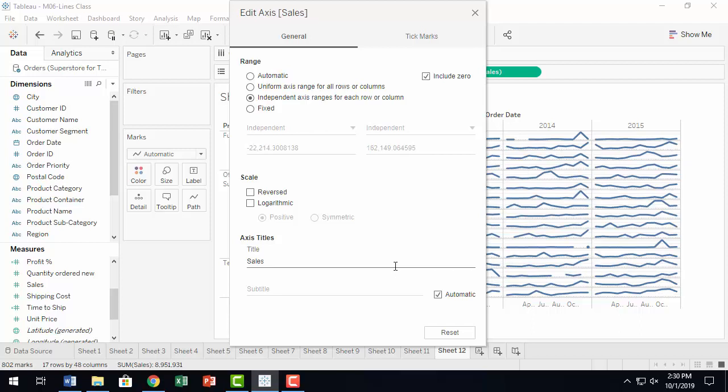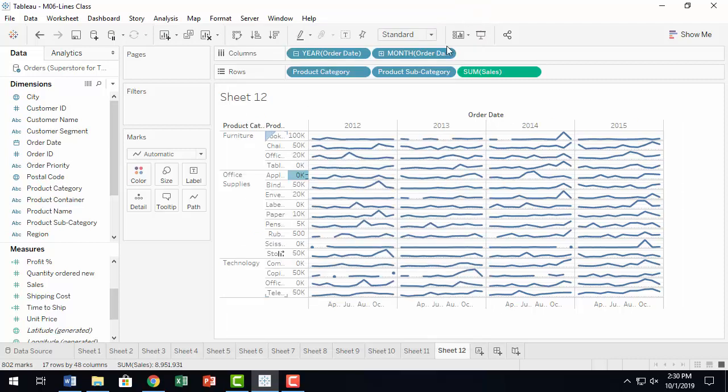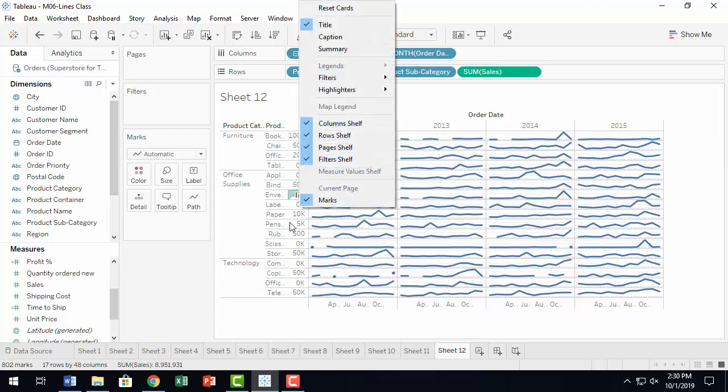So, we change that to independent axis ranges for each row and column. So, depending upon the values in each of those cells, the y-axis scale will be different. And we really don't care about the actual values, and remember, it's the trend that we are after. So, and then we can get rid of that, and we don't even need these values 0k, 20k. So, we can get rid of that too by